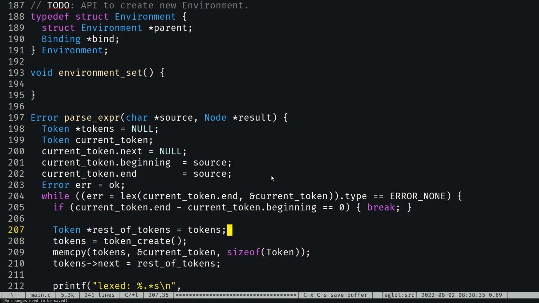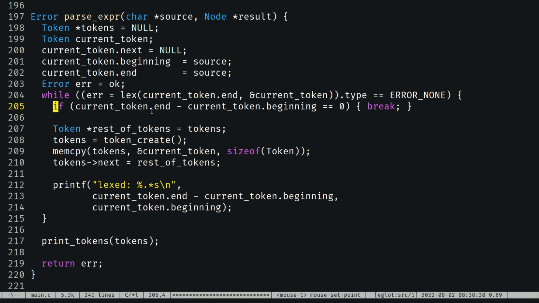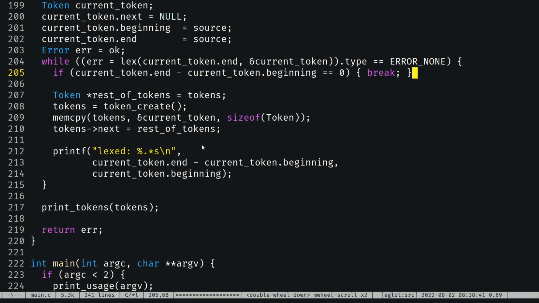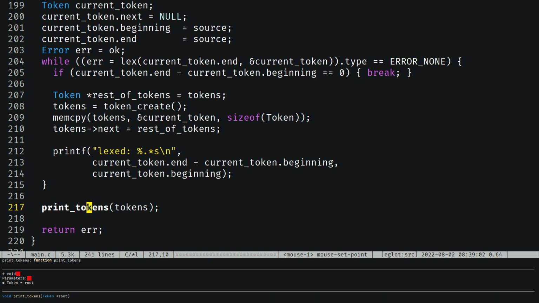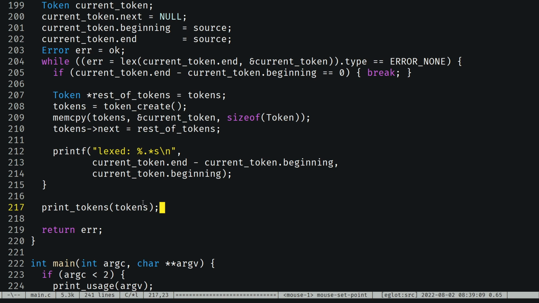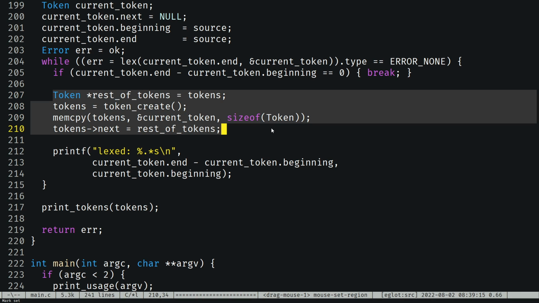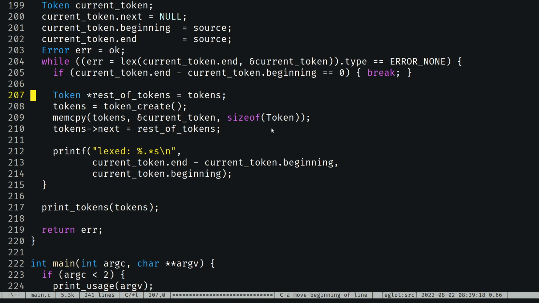Since it's a linked list, we're going to iterate the tokens. I kind of want to iterate them forward, like logically forward. So we can either reverse this entire list, which doesn't feel like the right thing to do. Reversing the entire list could get very inefficient very quickly, like probably n squared time complexity. So let's think about how we could do this a little more efficiently. We could add them differently. So instead of adding to the head like we do here, we'd have to add to the end,